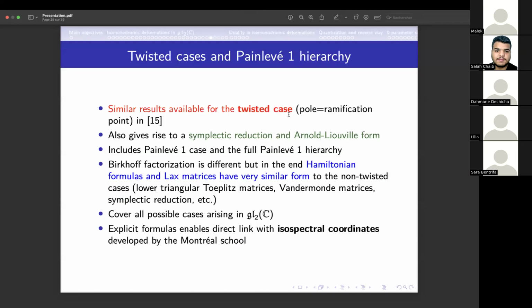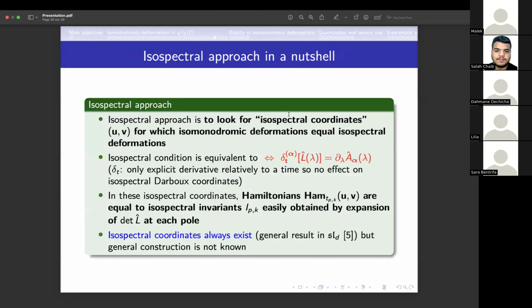So for the rest, I will really go super fast on some aspects of the formulas and explicit formulas that were built in the geometric construction. So